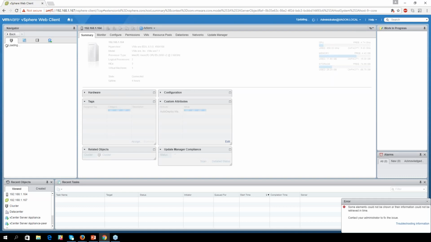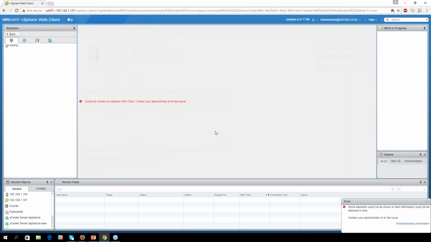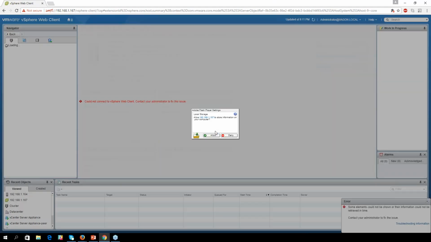And before our vCenter comes up, it will take, as I mentioned, from 5 to 10 minutes. It will be automatic; vCenter will do it by itself with no manual